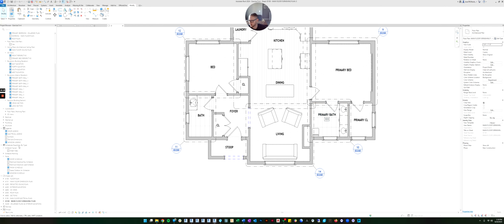We're going to go over here, and do you see in the browser where it says families? This will show you every family that's in your project. We're going to go to annotation symbols, and we're going to go to room tag.